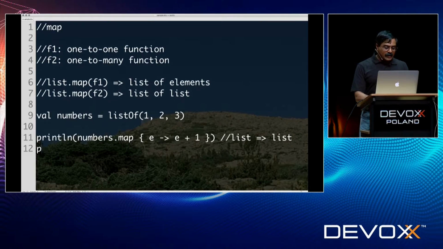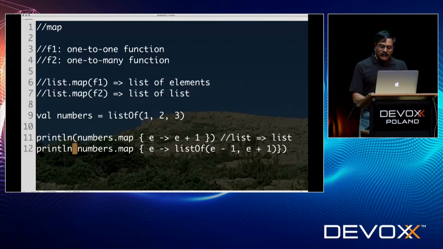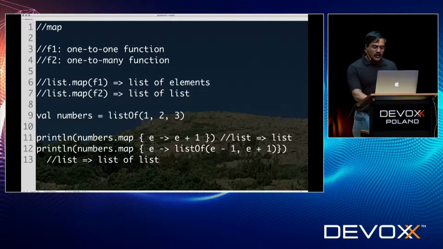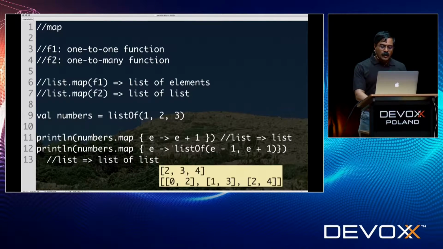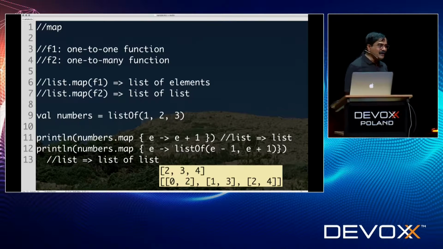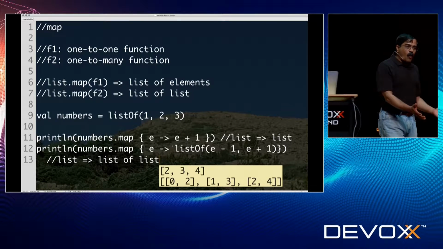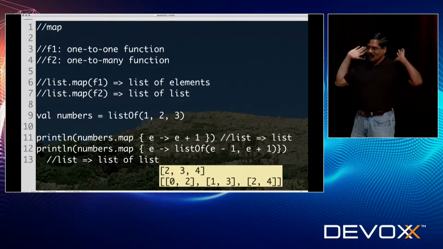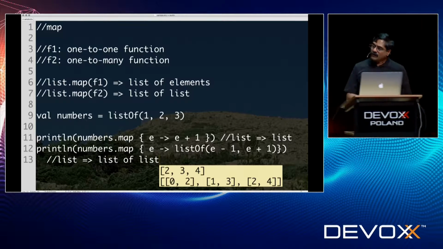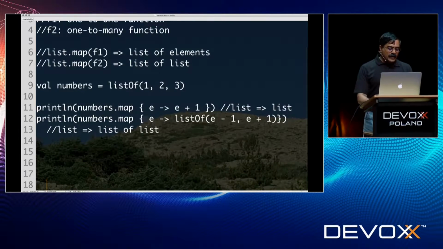On the other hand, if I say numbers.map, but given an element, return to me a list of element minus 1, comma, element plus 1. So I'm going to give you a list of before and after. This becomes a list of lists, isn't it? So when I run this code, you will notice from the output that what I got as a result is a list of lists. Now, if that's what you wanted, that's awesome. You are done, you can go home. But what if you don't want that? What if you really wanted